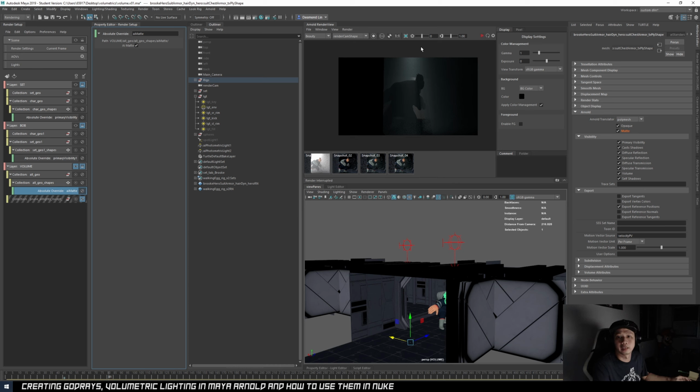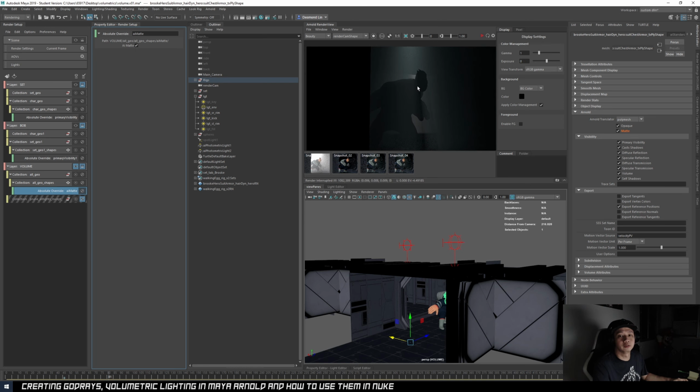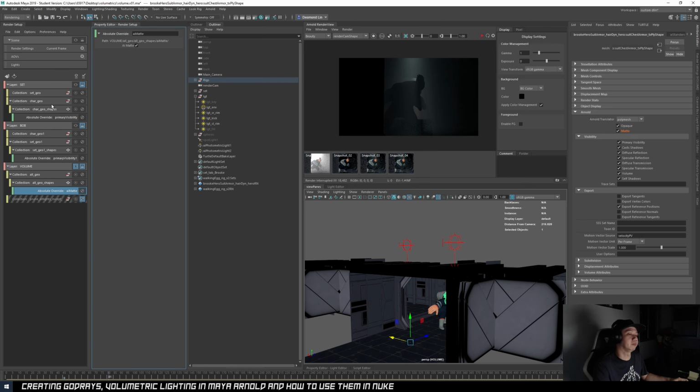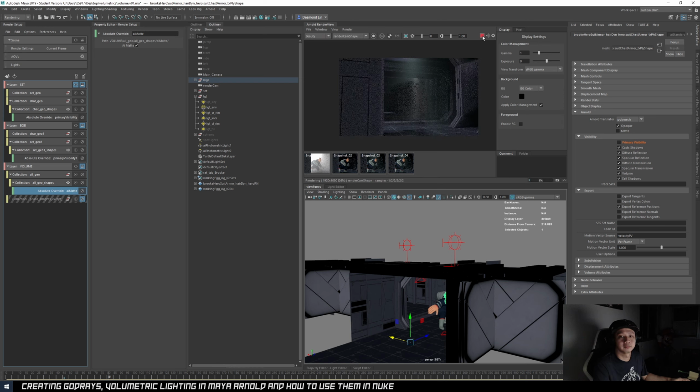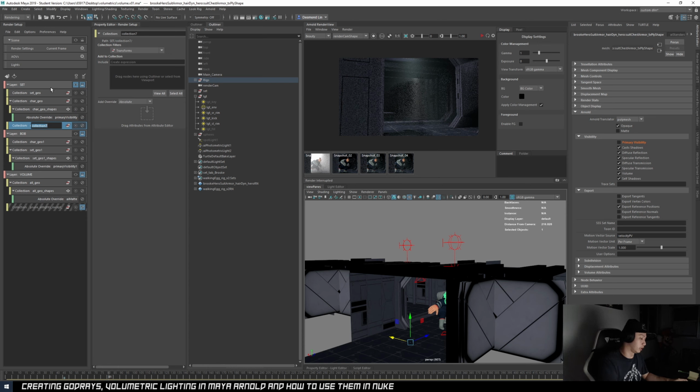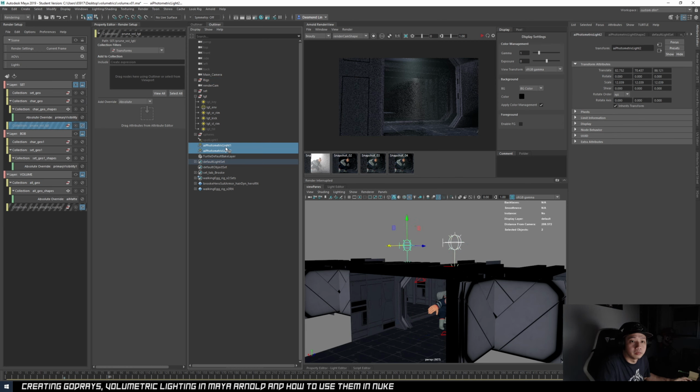And then in Nuke, I can change the color, I can adjust the exposure however I want. Then you must be thinking, how do I remove this from my main pass? Because now if I were to render my set, it will still have the volumetric there, right? So first thing we need to do is remove the volume lights. So we just prune the volume lights.